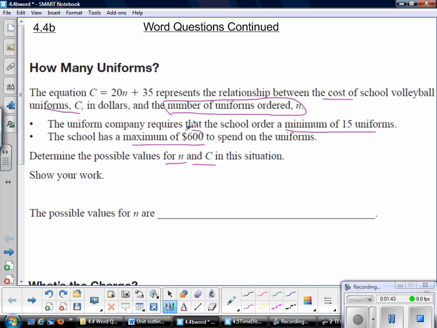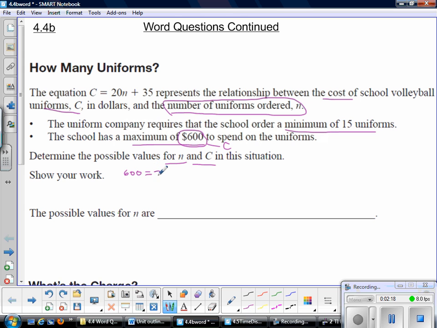I have $600 to spend. Okay, so how many uniforms could I buy with 600? I know I have to buy at least 15 uniforms, okay, because that's what it says, but how many will 600 buy? So what I'm going to do here, this is our cost. That's the maximum that I can spend. So let's find out how many uniforms that works out to. So we have the ability to do that. So the first thing we're going to do is we're going to take their formula and we're going to put 600